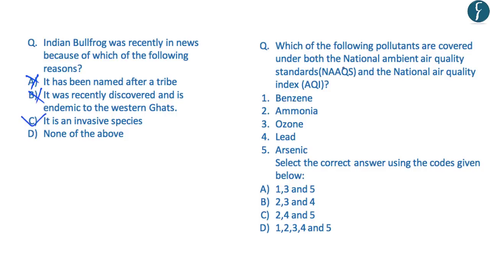The fourth question reads, which of the following pollutants are covered under both the National Ambient Air Quality Standards and the Air Quality Index? And the options given are benzene, ammonia, ozone, lead and arsenic. So it should be noted that benzene and arsenic are not covered under the Air Quality Index. However, ammonia, ozone and lead are covered in both the National Air Quality Index as well as the National Ambient Air Quality Standards. So the correct answer here is 2, 3 and 4, which is